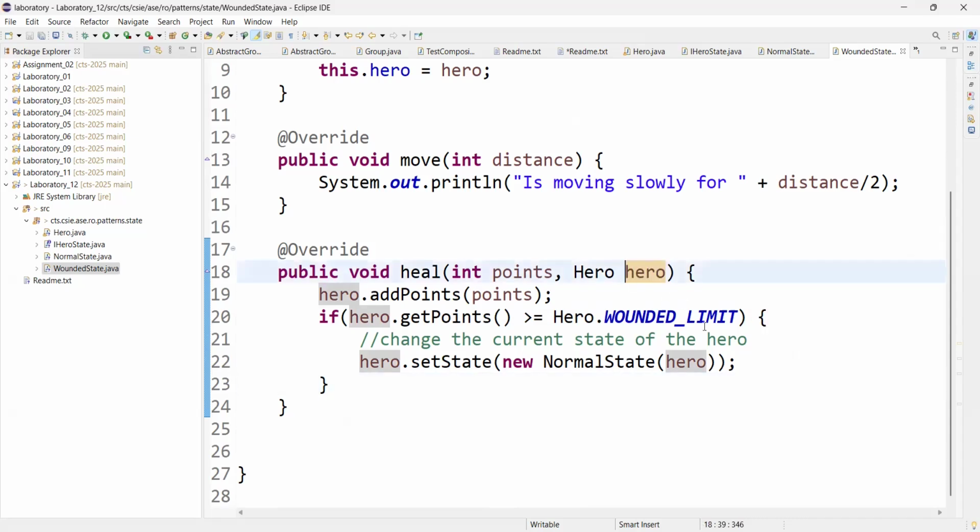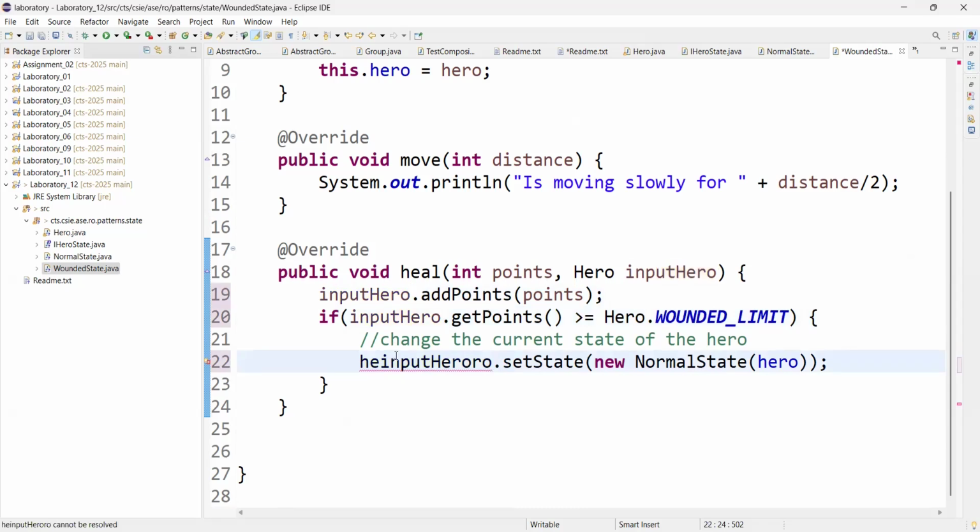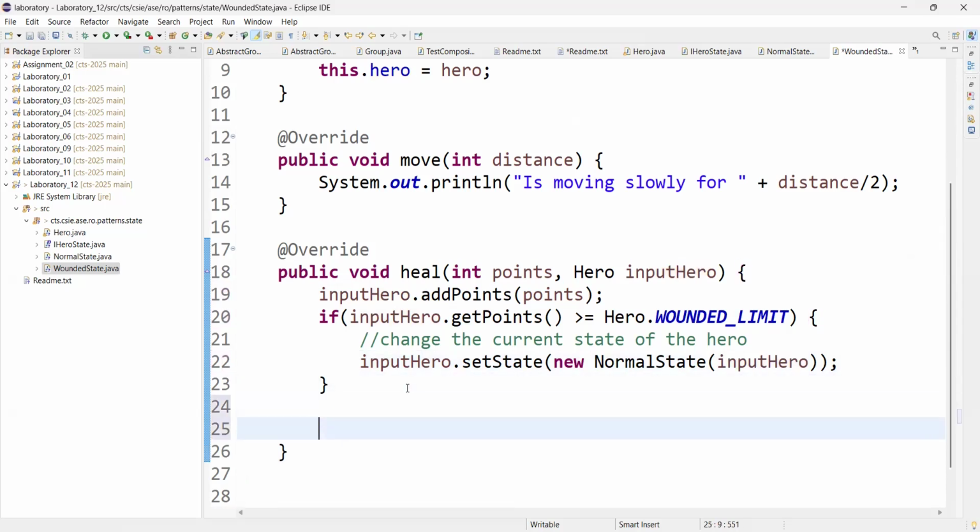In order to make a difference, I can say input hero just to show you the difference, because they both have the same name. So this will be the approach like this, or so alternative,